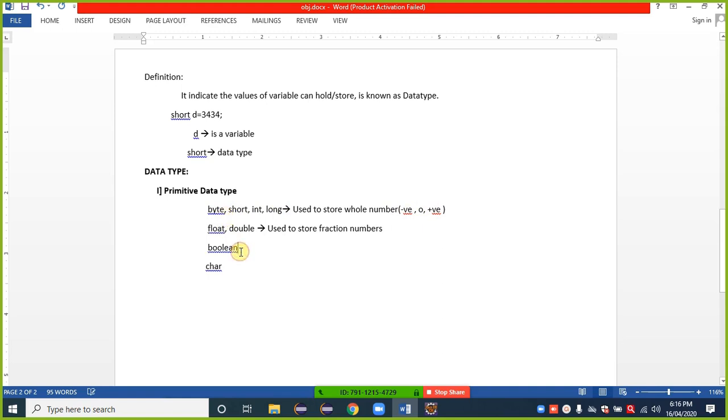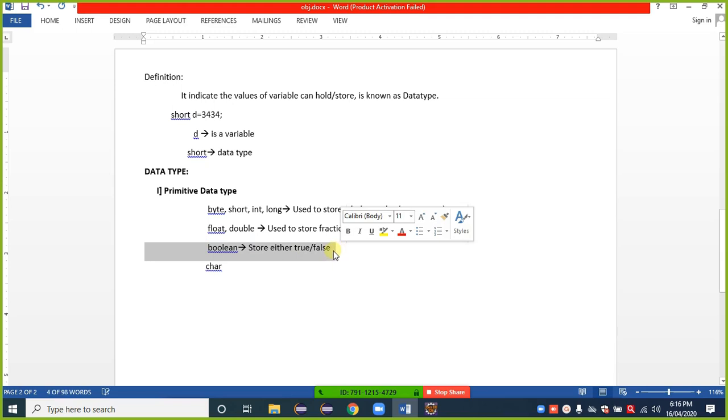Then the boolean is used to store either true or false. Why do we need a boolean in Java? Suppose in automation testing, we have a Facebook account.